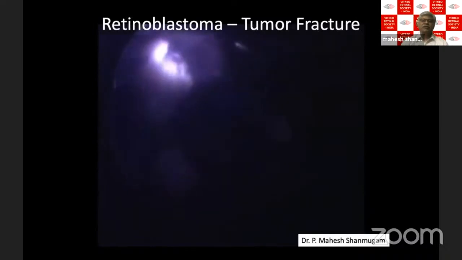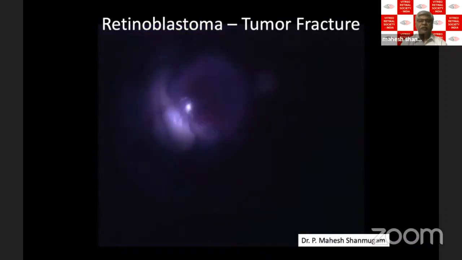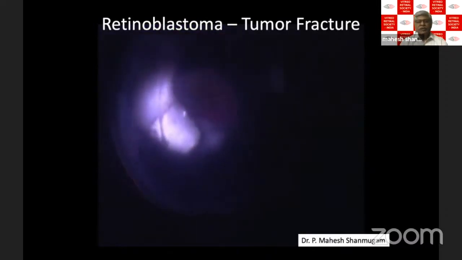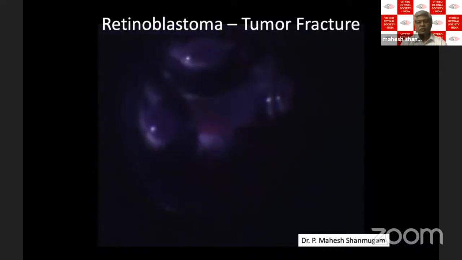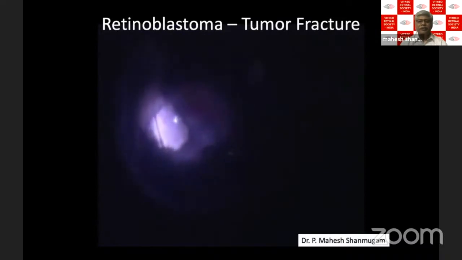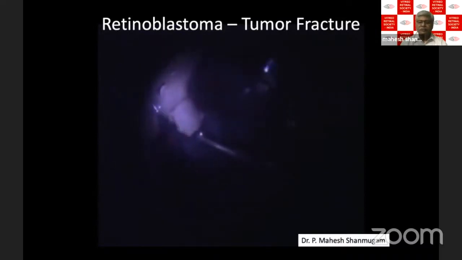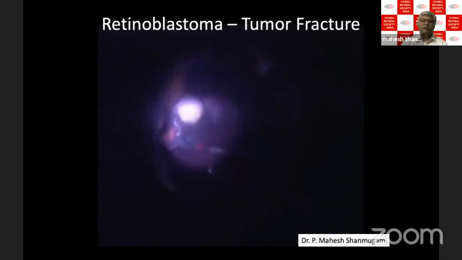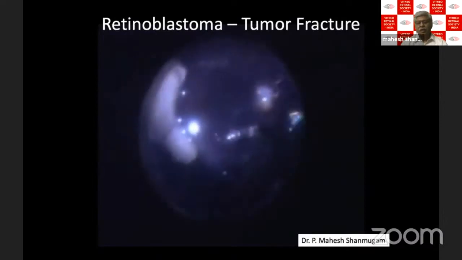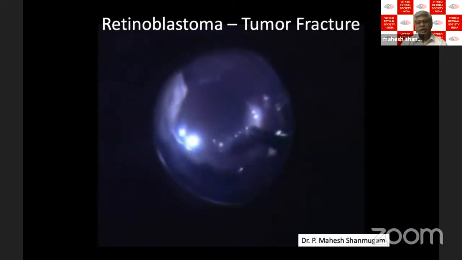So this disc calcification, which is lifting up, tenting up the retina, will fall back and allow reattachment of the retina. Unfortunately, we managed to keep this retina attached over the last 6 or 7 years, and the child continues to see with this only eye. So that's the fluid gas exchange. That's exactly where the break is. As I mentioned, that part of the calcium was lifting up, tenting up the retina, not allowing it to reattach. So I had to cut the calcium, allow it to reattach, but at the same time, not create a retinal break. Thank you very much.